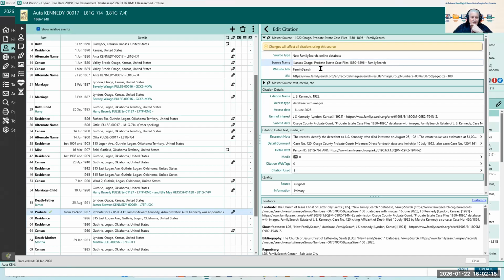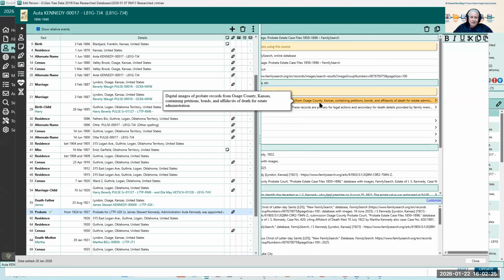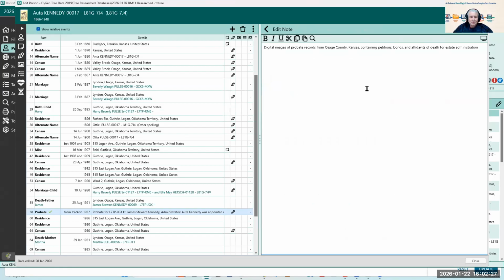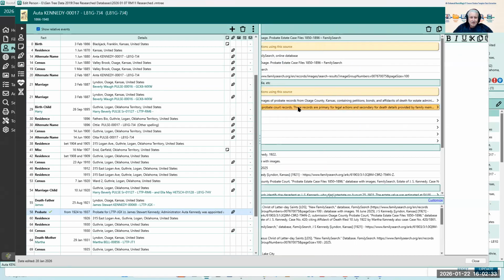The website is Family Search, and the URL for that particular image group is that. Okay. And then these are all outputs that have come out of my friend Ernest, who is Gemini,